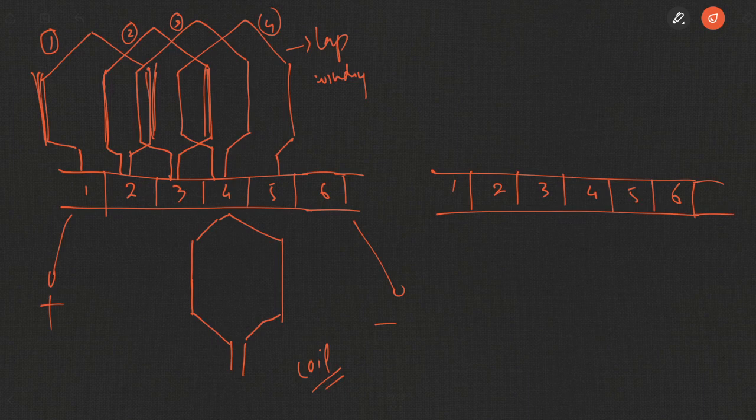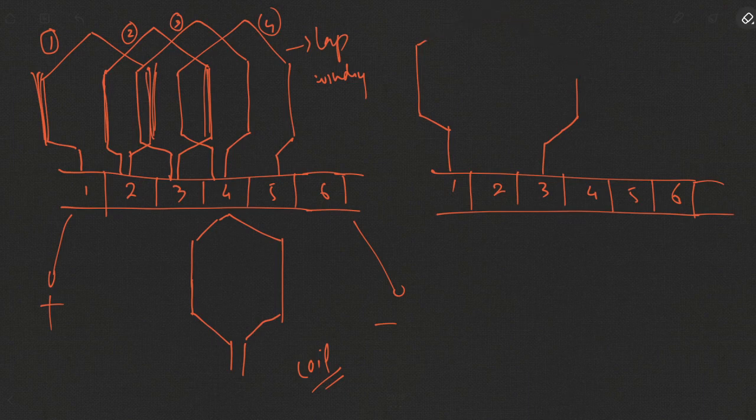Whereas in this case, what happens is, if you have one coil side connected to commutator segment 1, another coil side will be connected to some other commutator segment, but not the next. It will not be 2, it can be 3, 4, 5, 6. It can be,